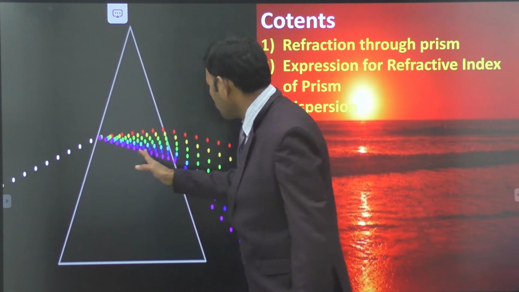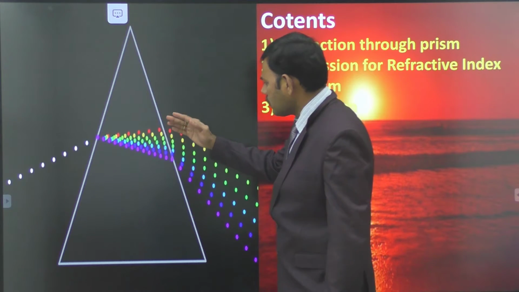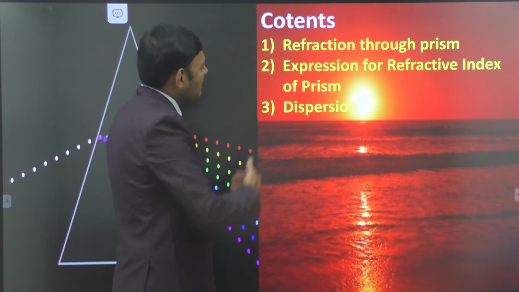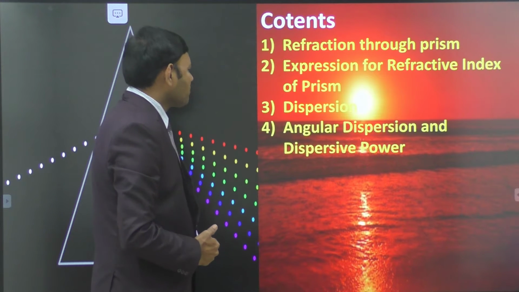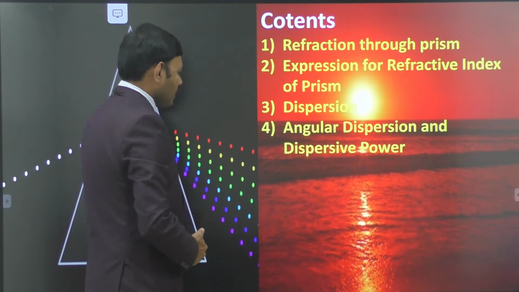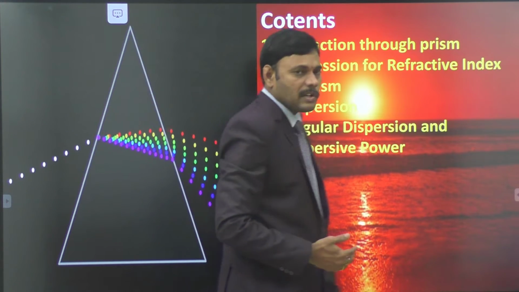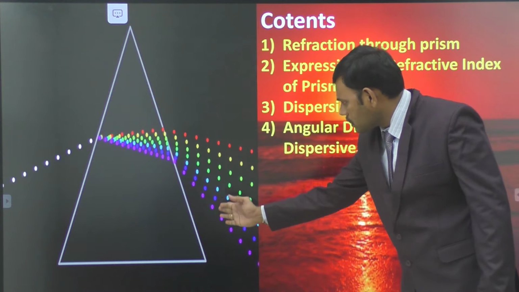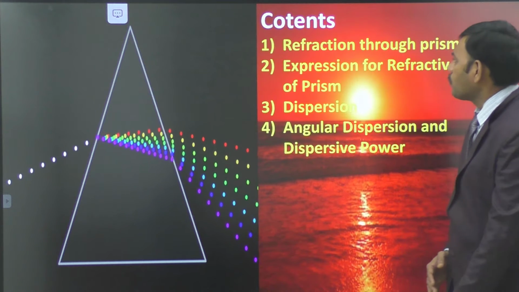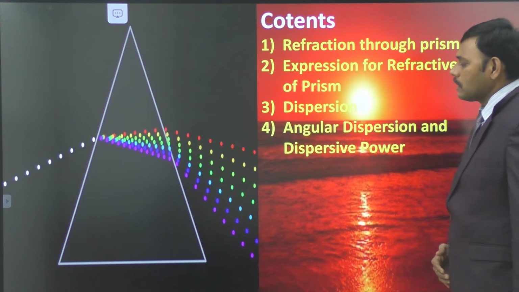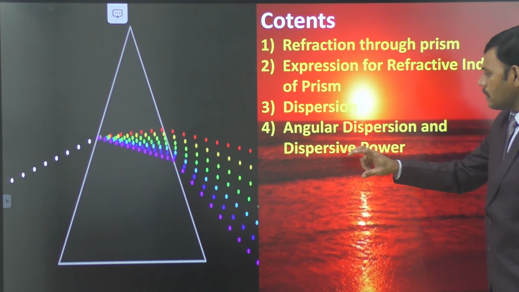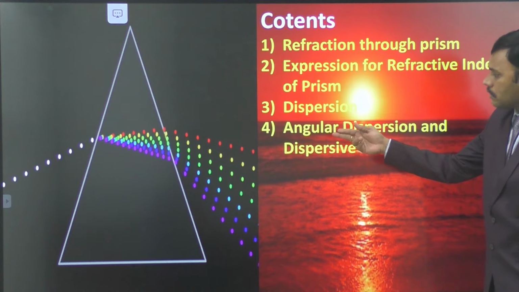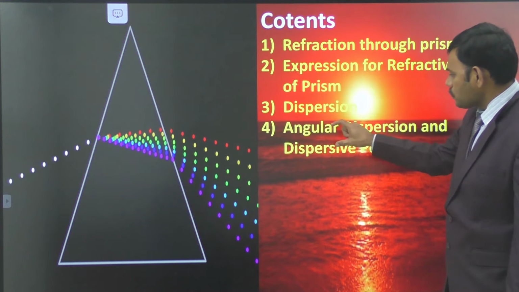So in this image you are observing the division of white light into its 7 constituent colors through the phenomenon of dispersion. We would like to describe the reason behind the dispersion, and then angular dispersion and dispersive power. The deviation is not the same. Red color has less deviation, and deviation goes on increasing from red to violet. Violet color has more deviation. So we would like to describe the deviation. In that we have different definitions such as angular dispersion and dispersive power. Regarding deviation, we will define and derive expressions for them.